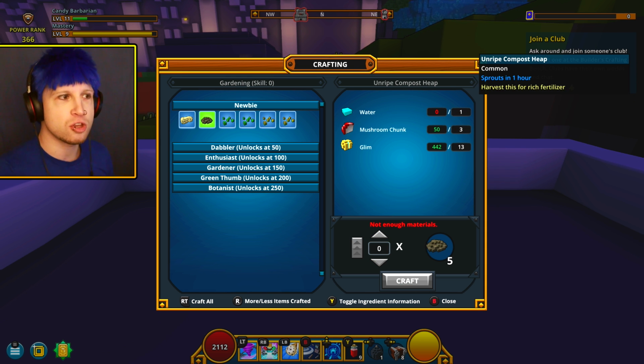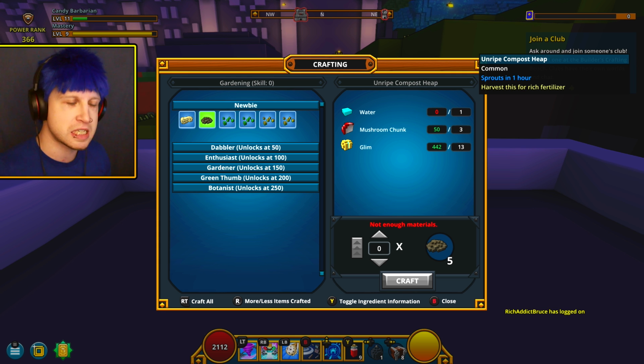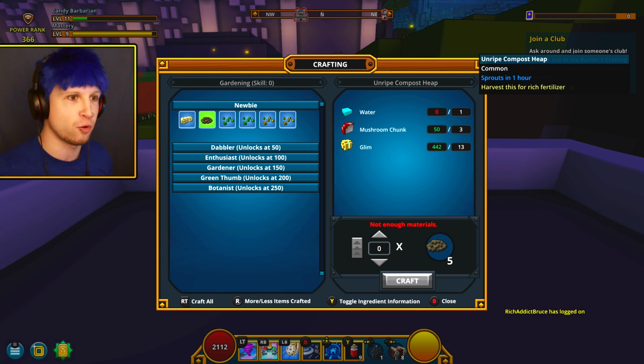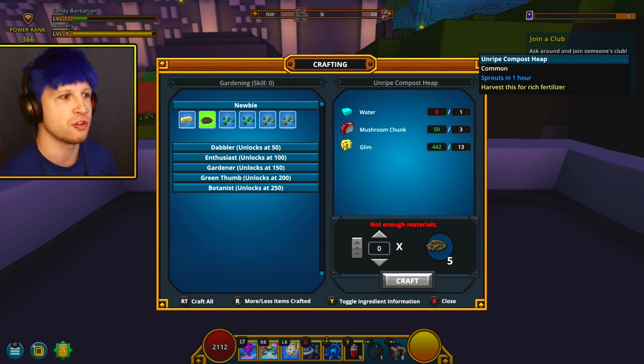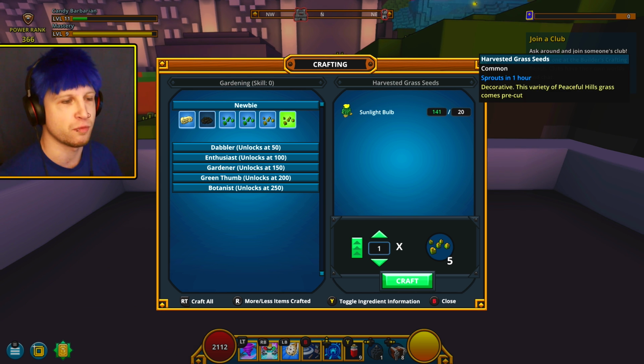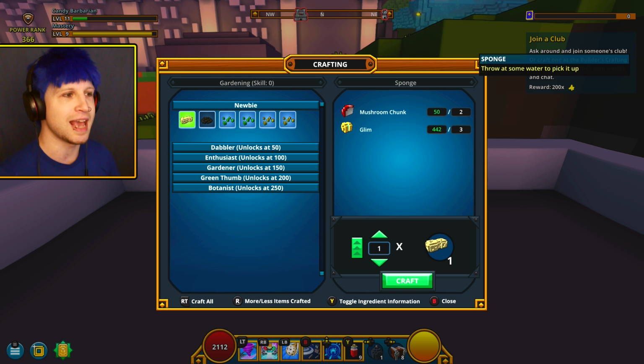That source block is then used to craft unripe compost. And then unripe compost you have to place on the ground, make sure that it's out in the sun, not buried in a cave of your cornerstone. And that's going to end up taking an hour, like a real life hour, before it ends up turning into compost that you can actually use for crafting. Now, for the starting tier, the newbie tier, you can just craft grass and all sorts of stuff with just using the sunlight bulbs. We actually cannot end up getting to the dabbler until we've crafted 50 sponges or 50